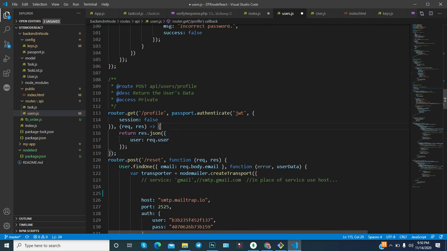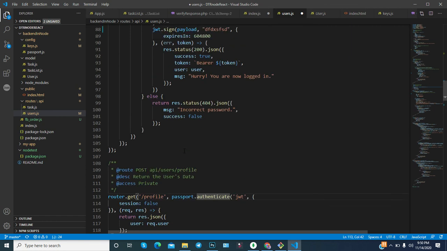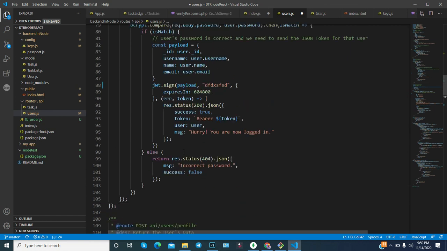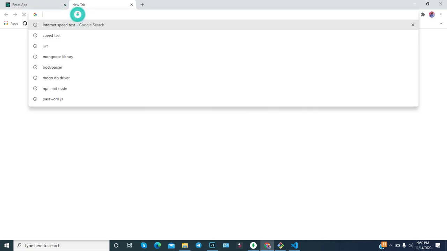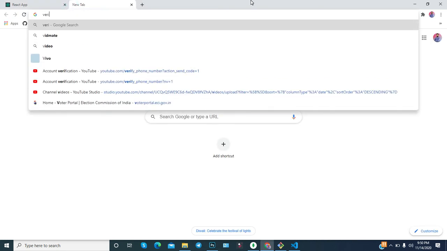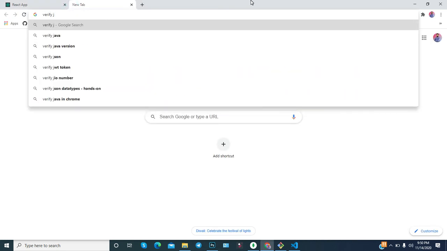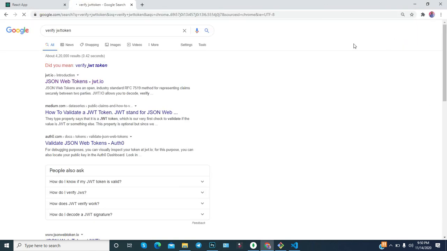The better way is that you can verify the token very easily. So how will you verify the token? Just type here verify JWT token. You can verify through passport, or you can verify through the JWT library itself.